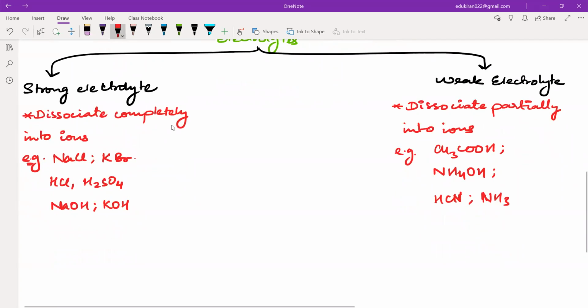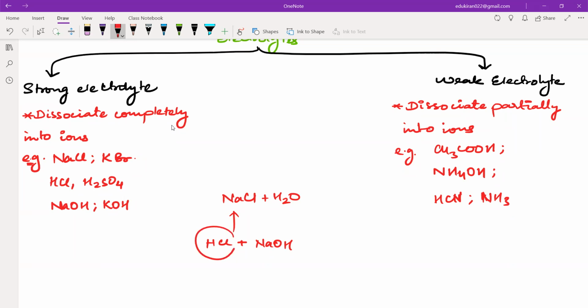for example, let us take NaCl. So NaCl, how is it made? It is made from HCl plus NaOH, right? So they will form NaCl plus H2O. Now, if I take any of these electrolytes, they are going to be either acid or base, or they are going to be salt, which are prepared from acid or base,